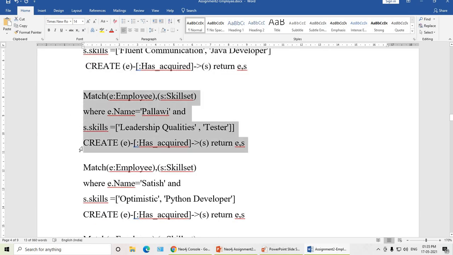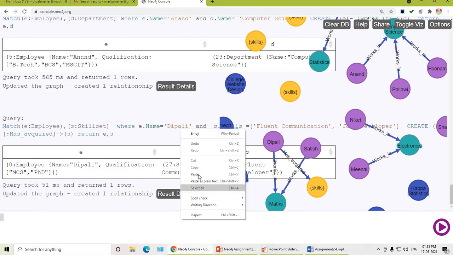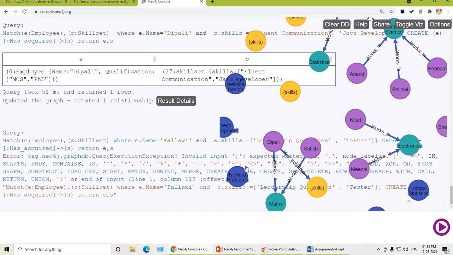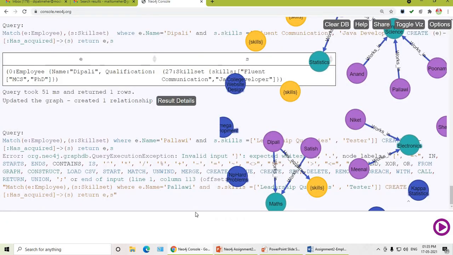Here again Pallavi has different skill set: leadership qualities and tester. Oh, there is a problem. Let us see. Two brackets are there. Let us remove and again make a relationship.